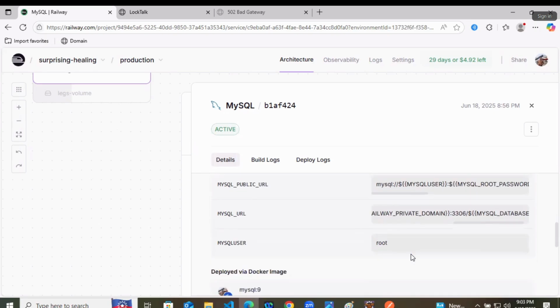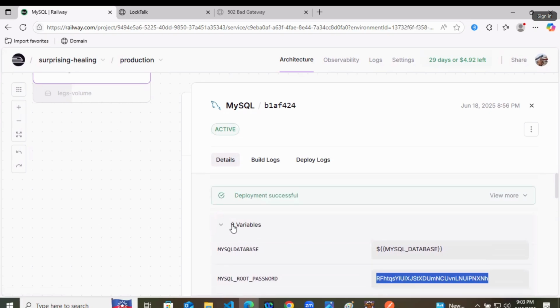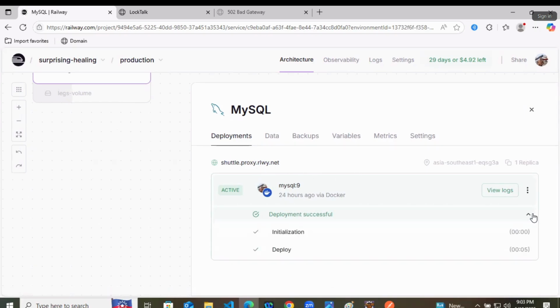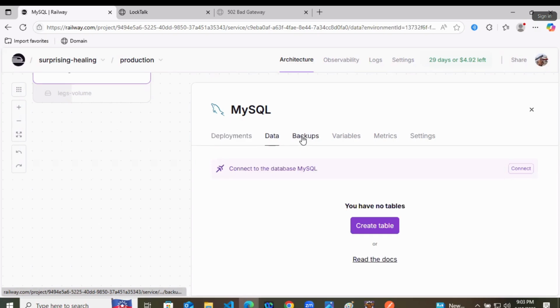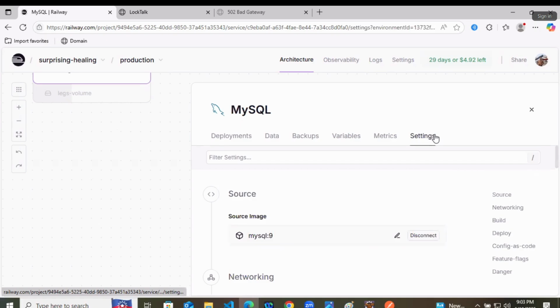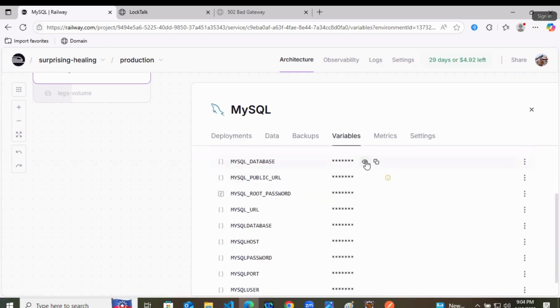Now where is the Railway's private domain? It should tell us, but it is not telling where the domain is. We are used to seeing the domain of this, because it should provide us some domain here. Now there is one option. You can check all the things like this, or else directly you can go to this variables tab and here are the things available.